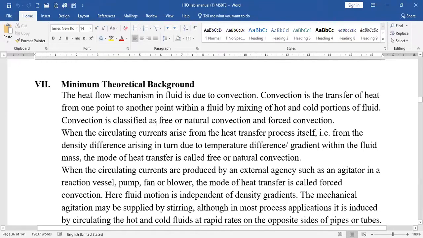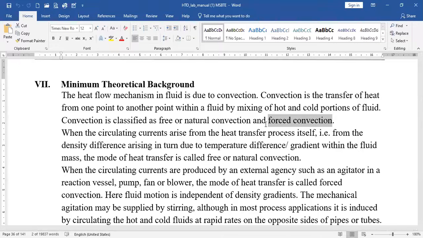So we have already discussed that if the heat is transferred in the fluids with the help of density difference, then it is called as free or natural convection. If the heat transfer is done by incorporating an external agency, that may be an agitator, a blower, a fan, etc., then that external agency drives that particular heat transfer operation, and that is why it is called forced operation, because we are forcing that particular heat operation to occur, and we have to use a mechanical agency like agitator, fan, blower.